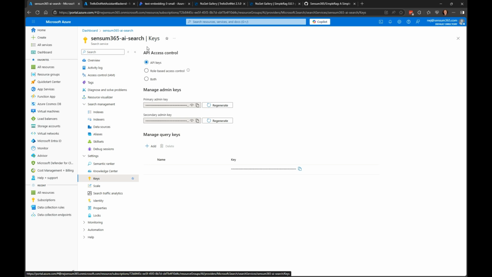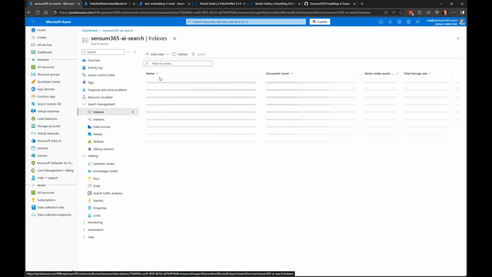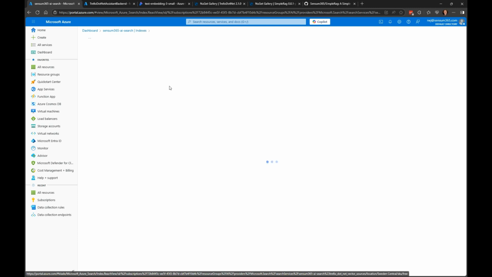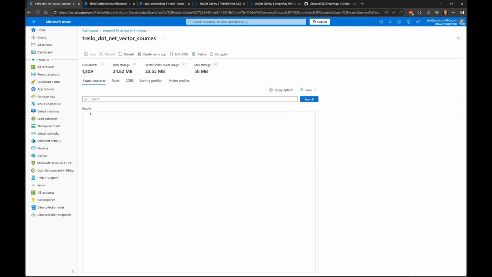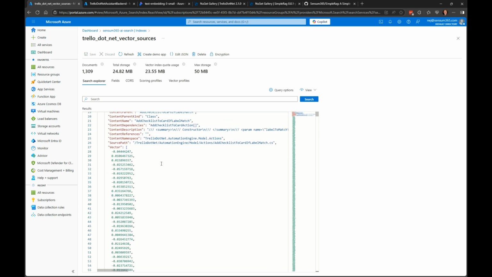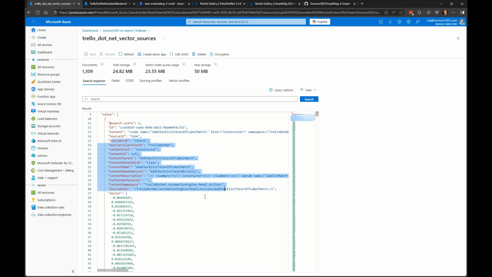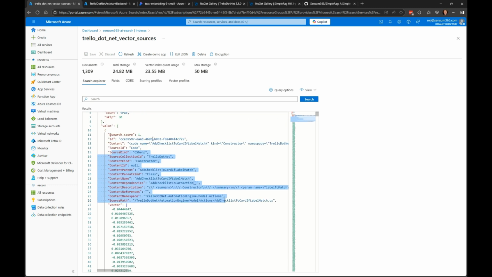We can see the vector store up here, where we can see the index. And inside I have 1,300 entries. And if I search here, they are all entries with some data and the vector. And as you can see, I've roughly spent half of my storage. So if I had much more code or many more repos, I would begin to need to pay or use